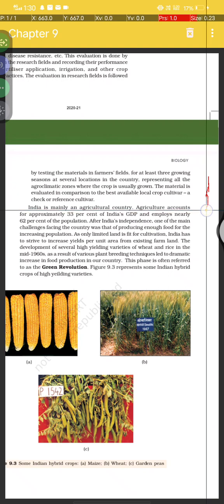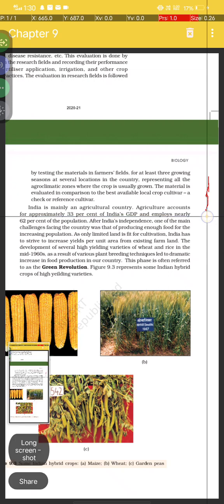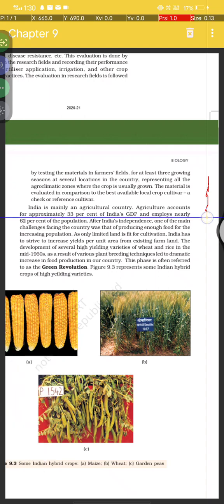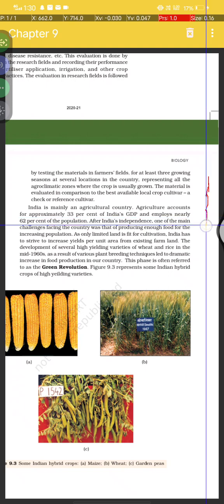Agriculture should account for approximately 33% of GDP. मतलब इंडिया का जो 33% GDP जो है वो एग्रीकल्चर से ही आता है। और तो जानते ही हो नॉर्मली कोई बड़ा तो है नहीं। एम्प्लॉय नियरली 62% ऑफ पॉपुलेशन। After India's independence, one of the main challenges facing